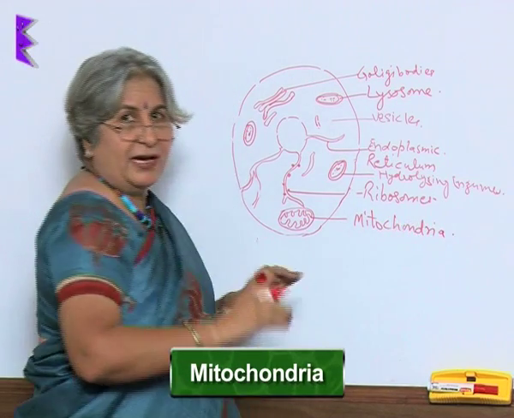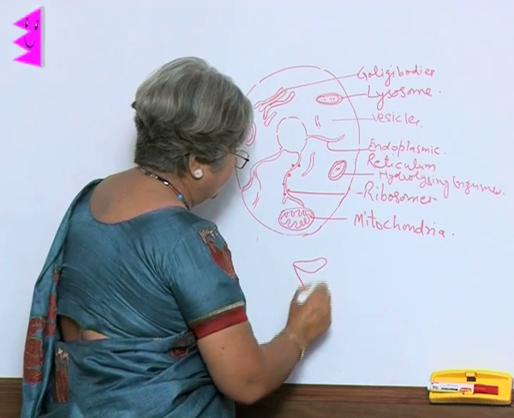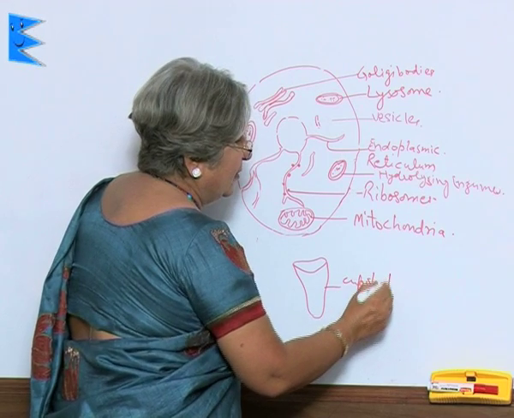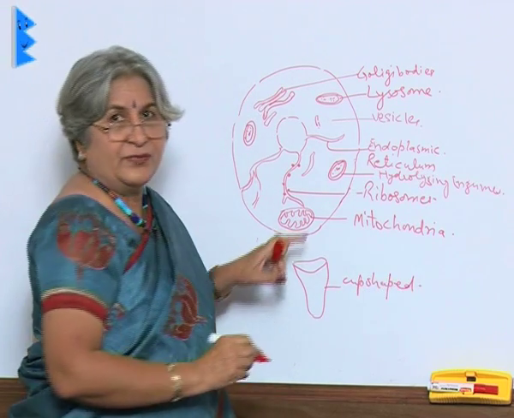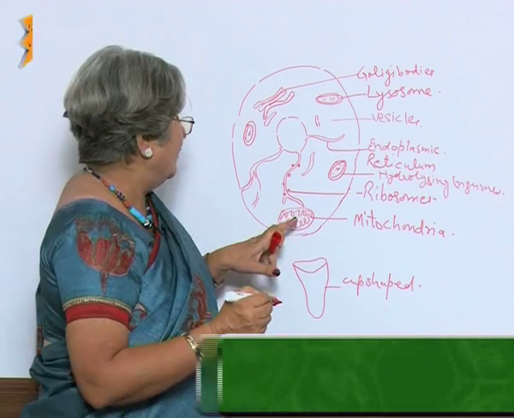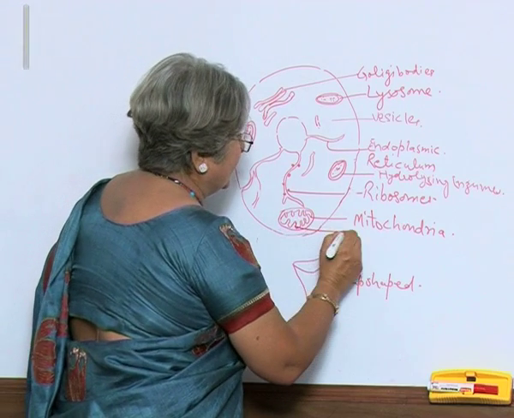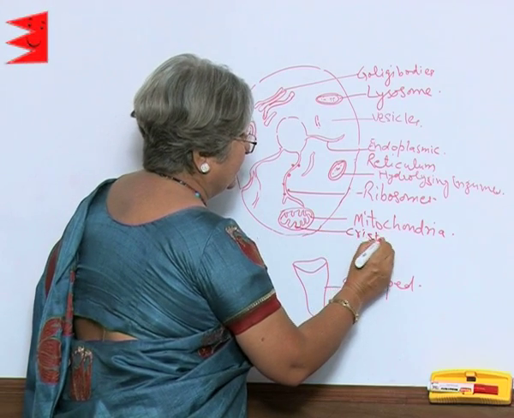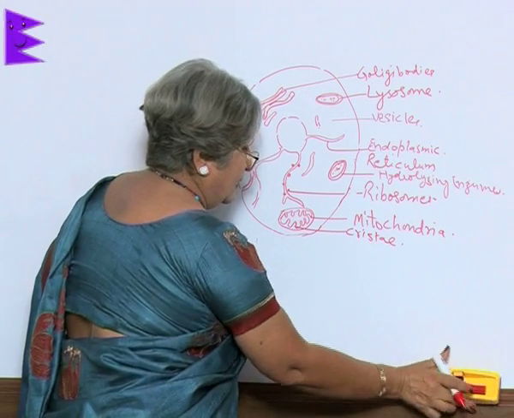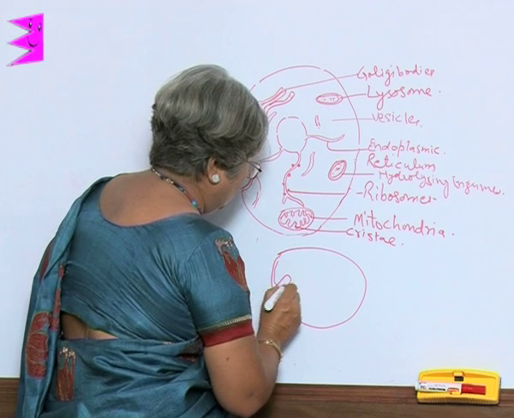A mitochondria, when seen as a whole, is cup shaped. But under an electron microscope, it is oval in shape, with a double membrane, and the inner lining forms the finger like processes which are called cristae. Just to get a better view,